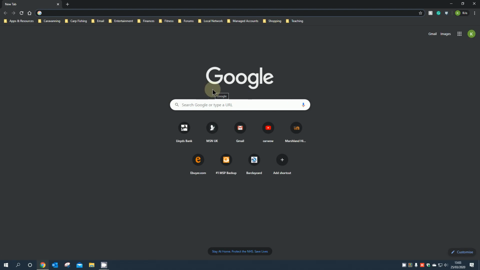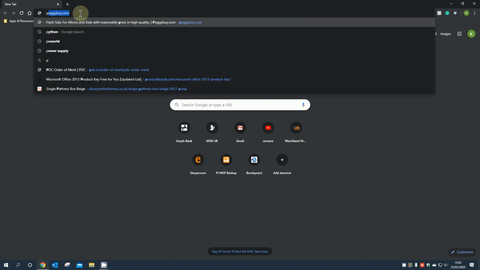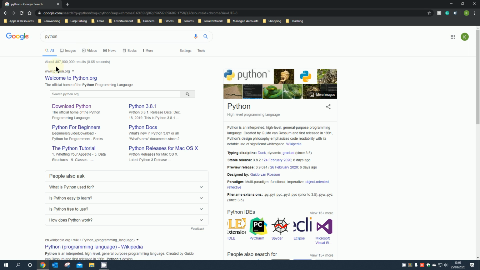So I'm going to go into Google Chrome. You could go into Internet Explorer or Firefox, or if you're on a Mac you could use Safari. It doesn't really matter, but in the search bar you need to do a search for Python. And what I've got as my first search result is www.python.org. That's the one you need to be looking for, and I'm going to go into a sub menu and